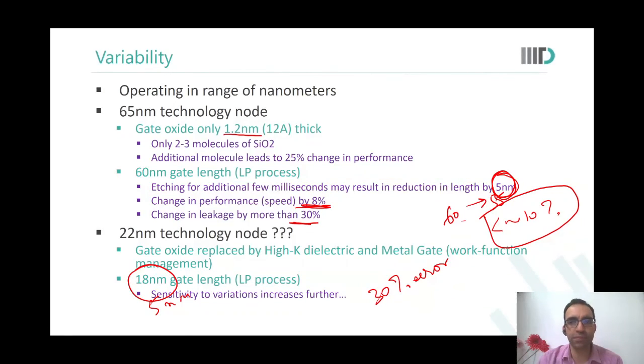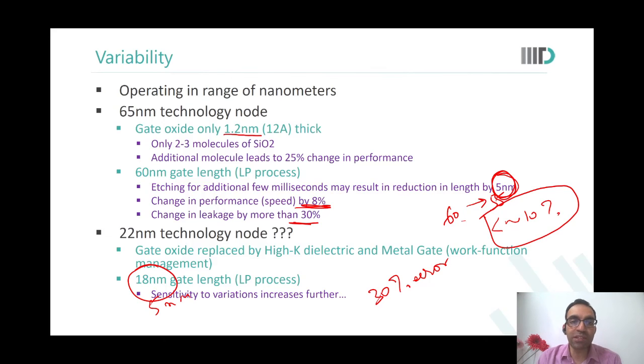Okay. So in this slide, what is this high-k dielectric thing which you mentioned? Yeah, we'll come to that later. High-k dielectric. So what happens is in advanced technologies, already you see the gate oxide was 12 angstroms, 2 to 3 molecules of silicon dioxide. When you scale, you need to go to an effective oxide thickness of 8 angstroms. So that is just 1 to 2 atoms, 1 to 2 molecules. You see the variability would increase so much.